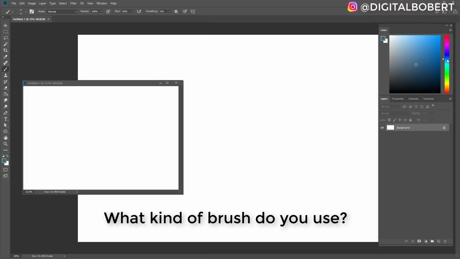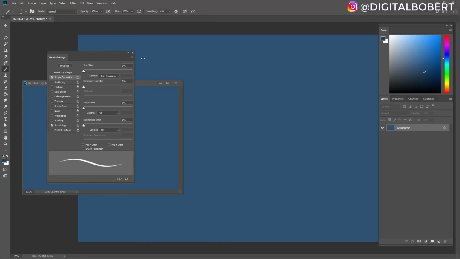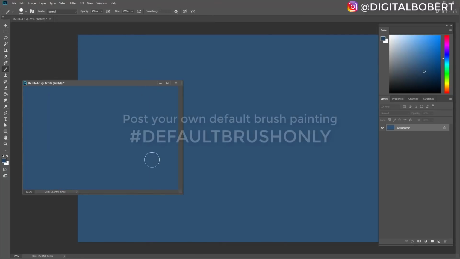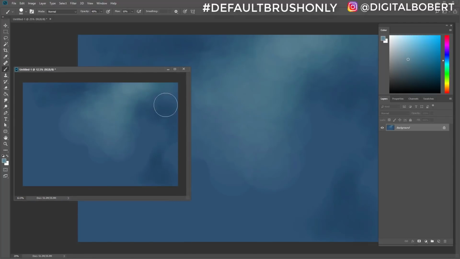What kind of brush do you use? If this question annoys you, then this video is for you, because I'm going to be taking the most basic brush and painting a realistic painting with just one default brush, to show that even though custom brushes can be great and very helpful sometimes, they can also be a huge crutch for many and only mask your weaknesses and